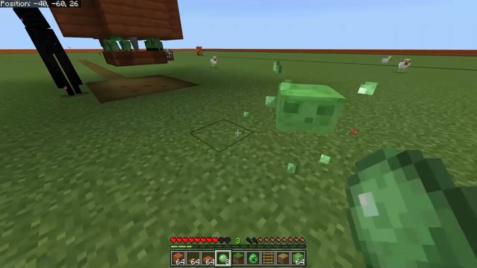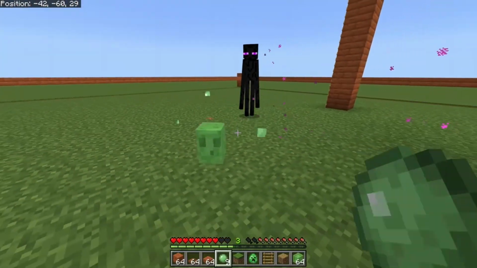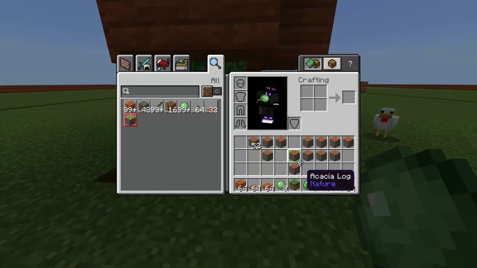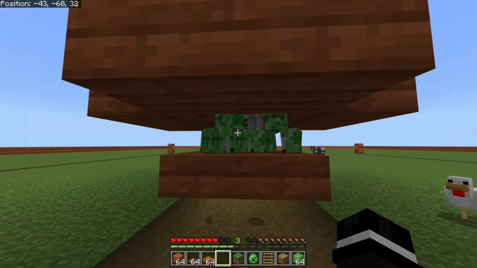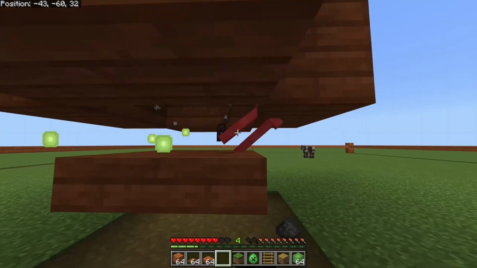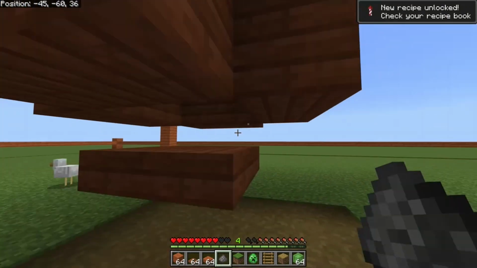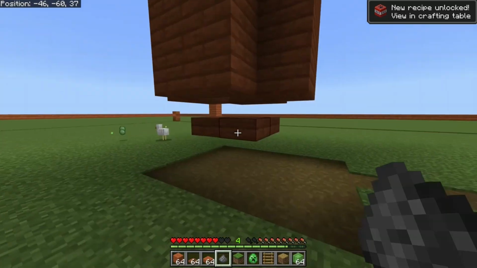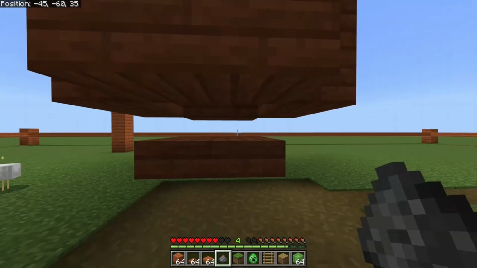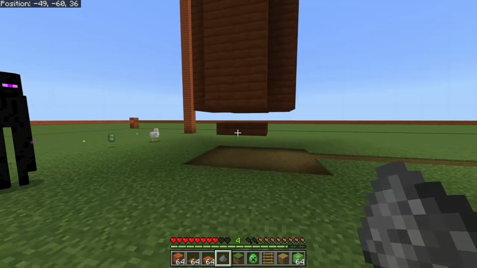So these slimes are now dealt with. There we are. So as you can see, these creepers and skeletons, they are all one hit. Now the zombie's got armor, so he's not one hit. Just remember that when you're trying to kill them quickly. But we got their XP and their loot, and that was very easy. The killing, not the build. The build was